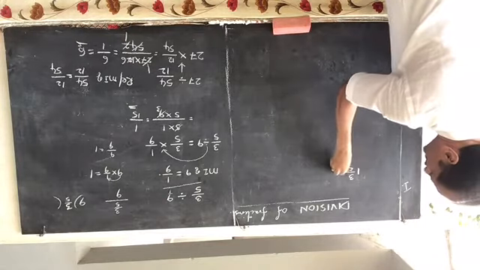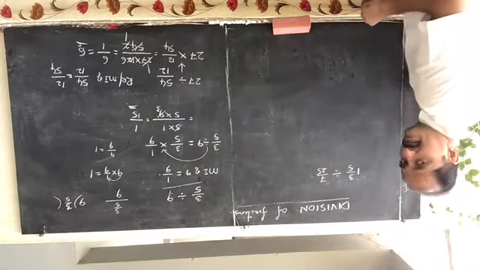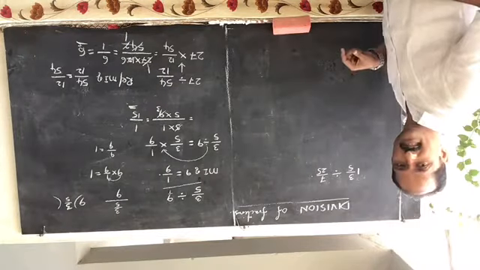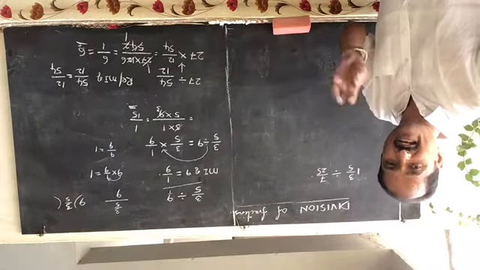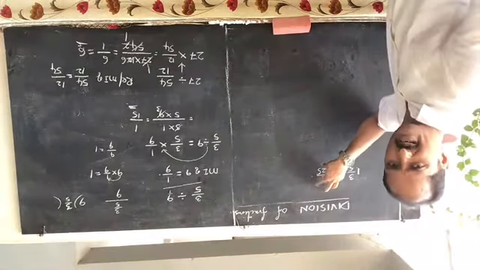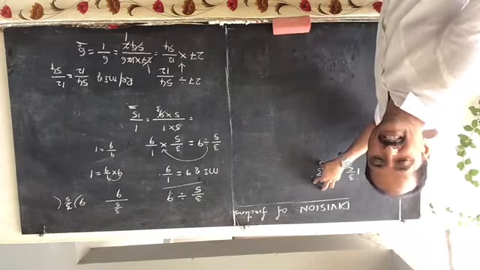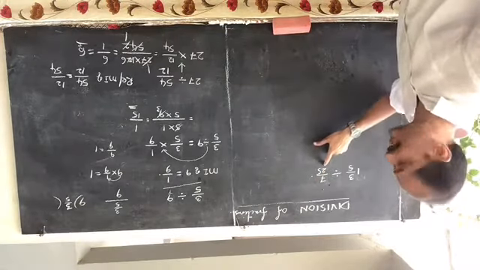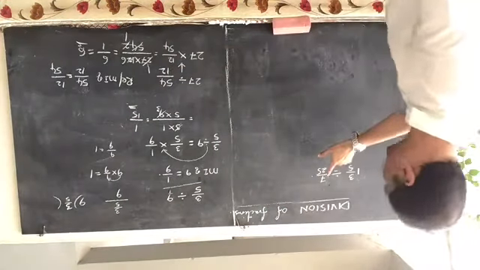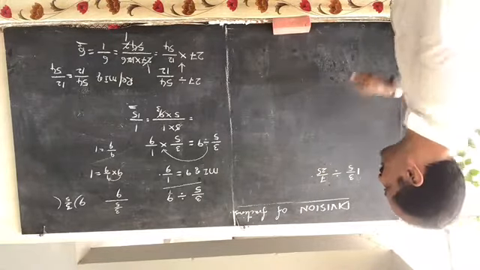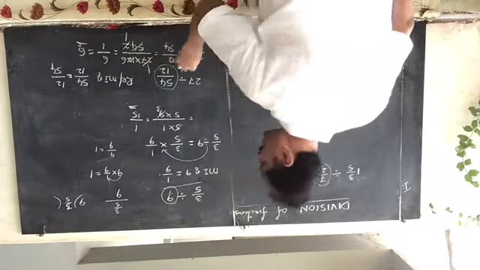1 and 3 by 5 divided by 7 by 25. Observe carefully. Two fractions are given. Division of a fraction by another fraction. Here we have to remember only one thing. The second one, whether it is a whole number or a fraction, whatever it may be, only for that we should write the reciprocal. That means we should find the reciprocal of the divisor. The second one is called the divisor. Here the second one is 9, here the second one is 54 by 12, here the second one is 7 by 25. So only for these we should write reciprocals: for 7 by 25, for 9 by 1, and here for 54 by 12.